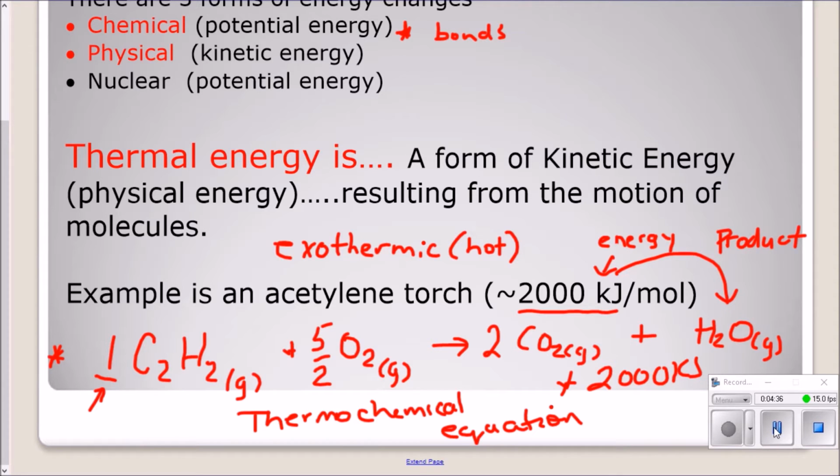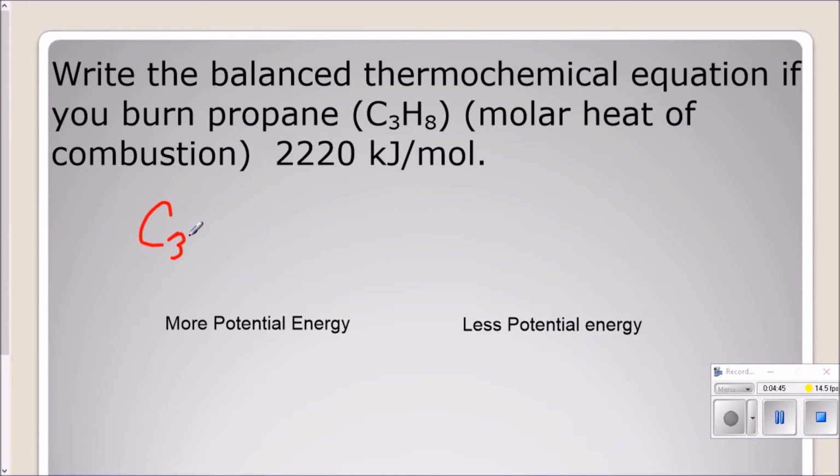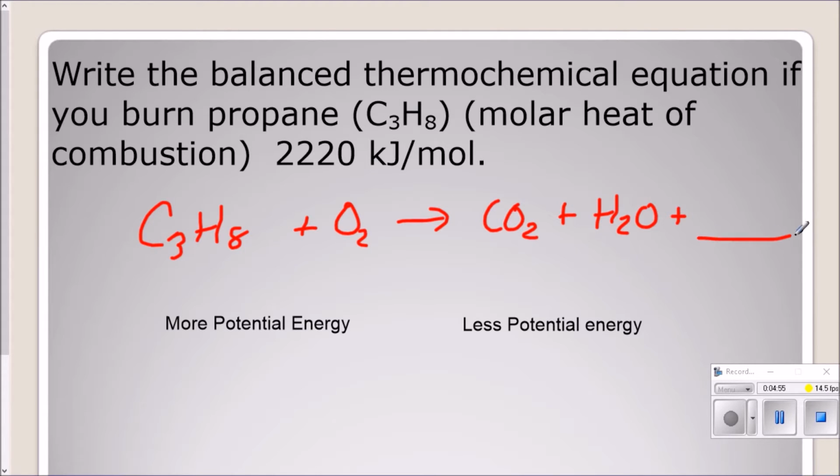So let's make another balanced chemical equation when we burn propane. What happens in your barbecue? Propane is C3H8. So if you burn it, react it with oxygen, it makes CO2 and makes water. And what we're going to do is add a heat term here, and it's going to be in kilojoules. Now I'm going to add it on this side